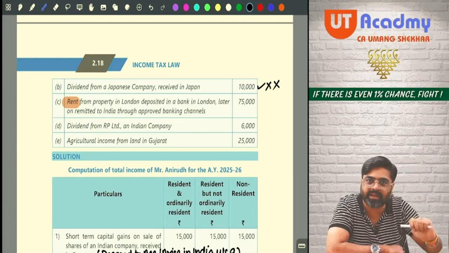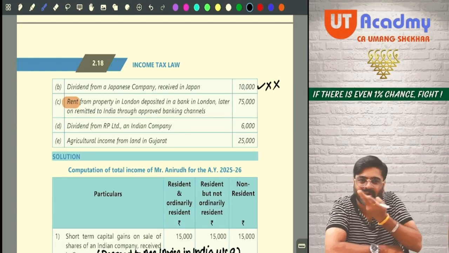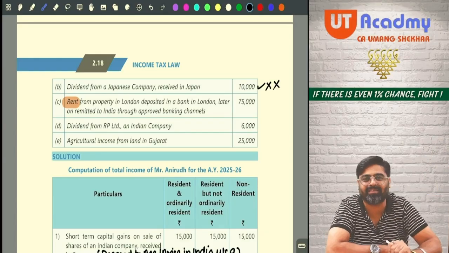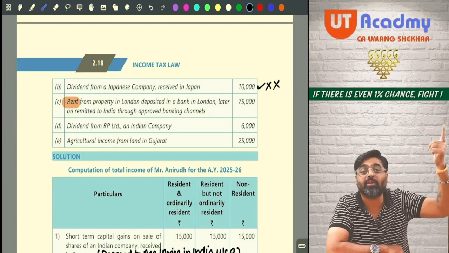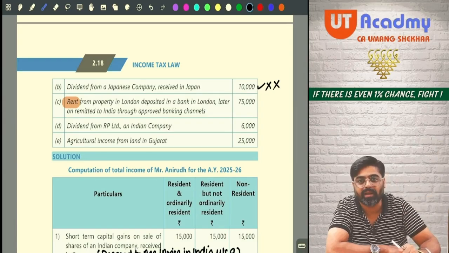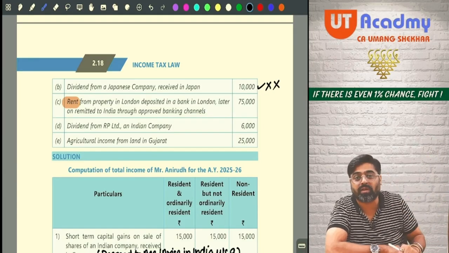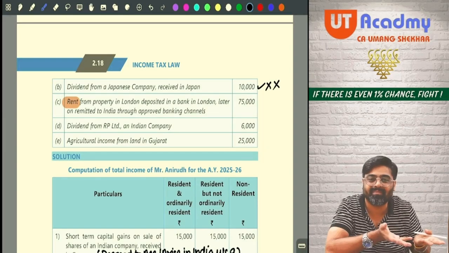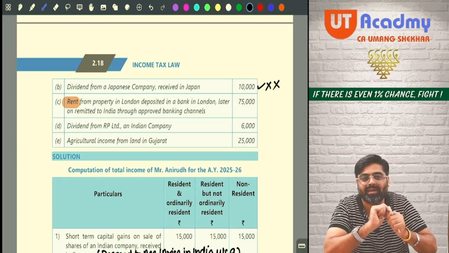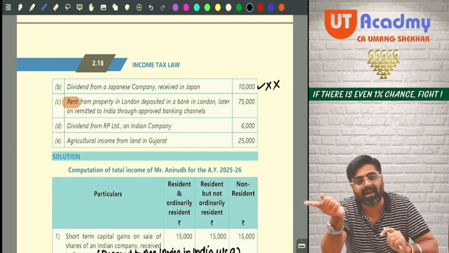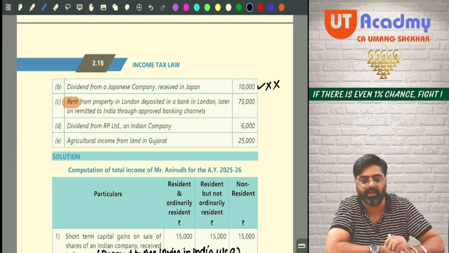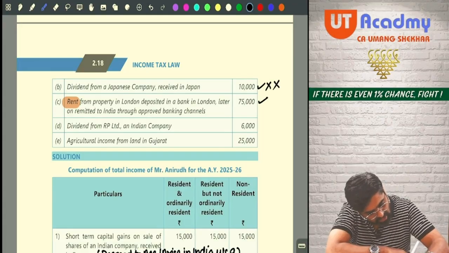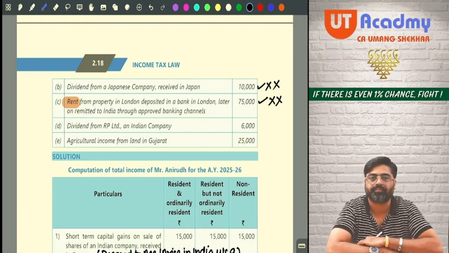So if it is coming in your control for the first time outside India, meaning that you have received it outside India, then later on whatever happens now is merely a remittance where the rent was accrued outside India. Where it is coming in your control for the first time, meaning where it is received outside India. Which income? Indian income or foreign income? Foreign income. Part A or part B? Part B. So what we will do? We will do take cross, cross.